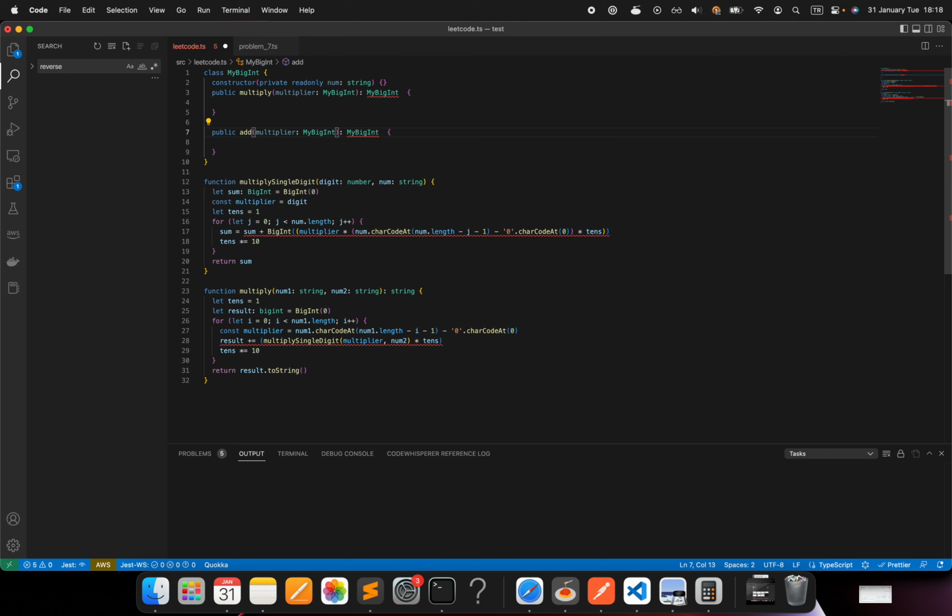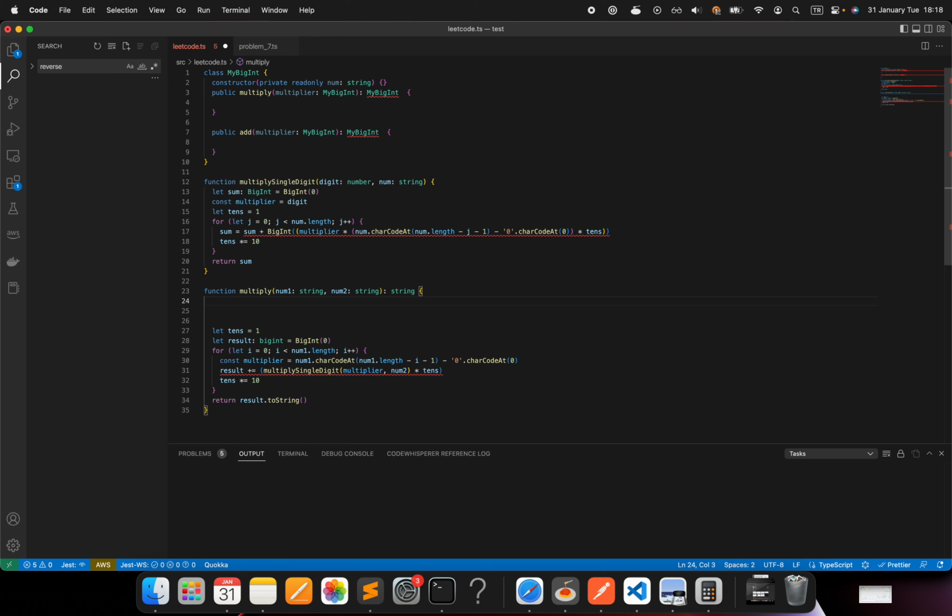No, I need an addition. I was thinking if I can implement it in terms of multiplication or something like that, but anyway, I will need these two methods, right? And then, so this logic, I will take it